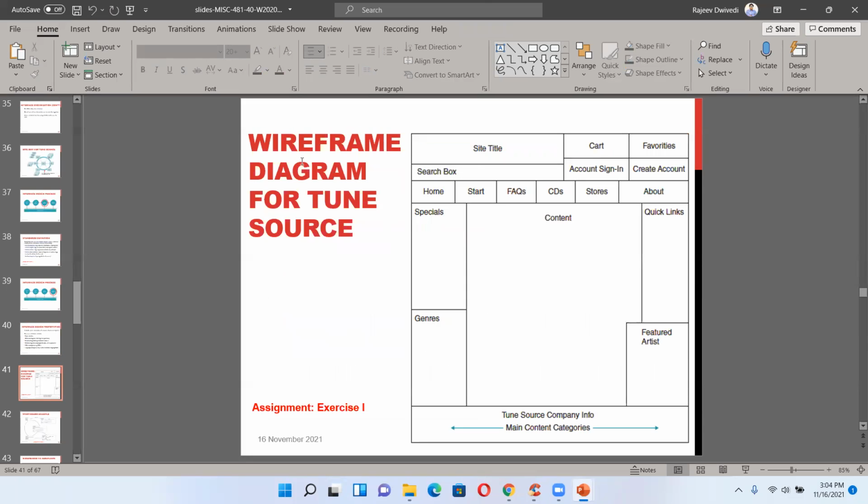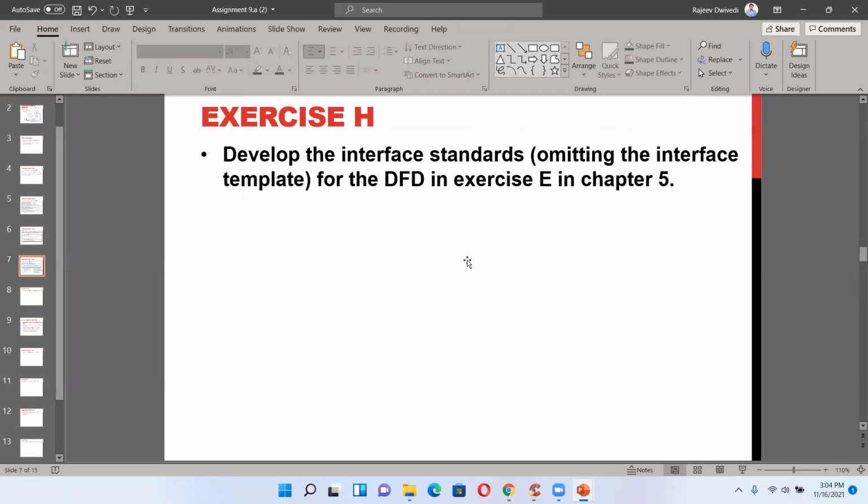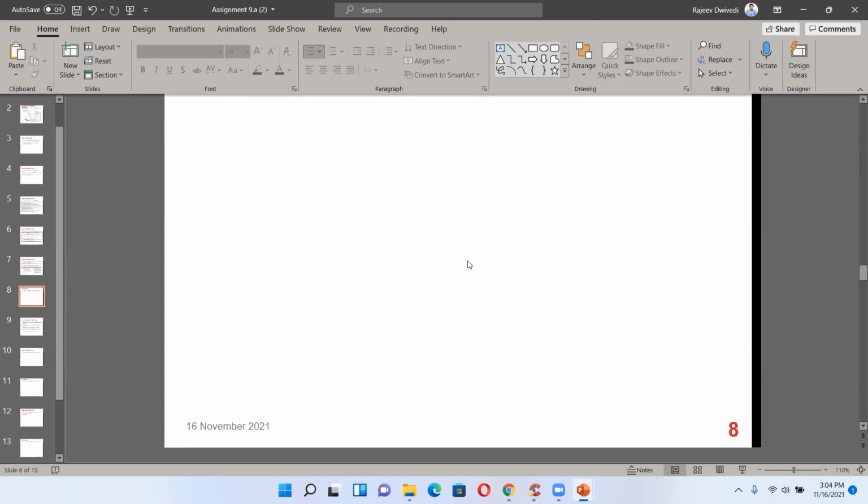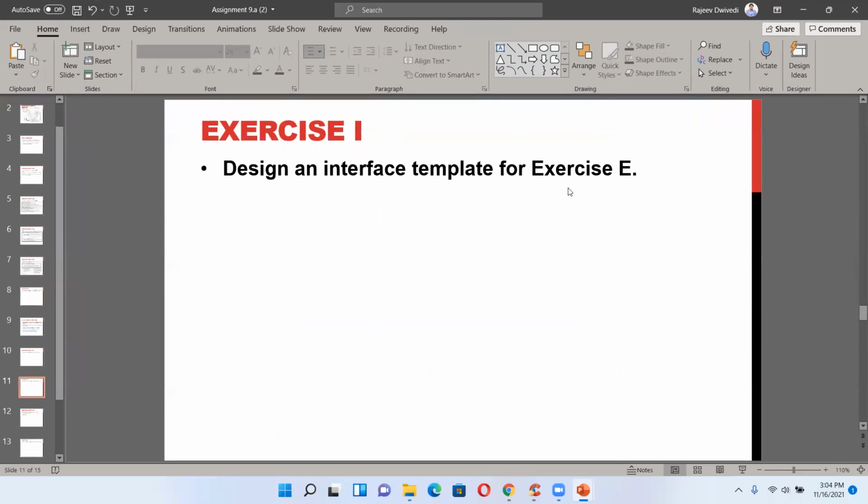So this is a wireframe diagram for TuneSource. For example, this is the interface design, and this is based on exercise I, which is the question: design the interface template for exercise E. The same question, but you are going to design.